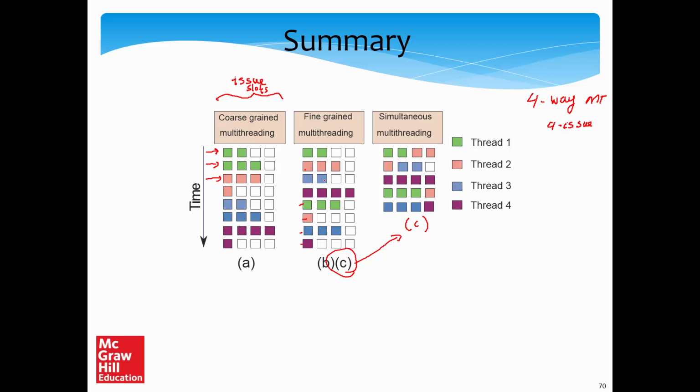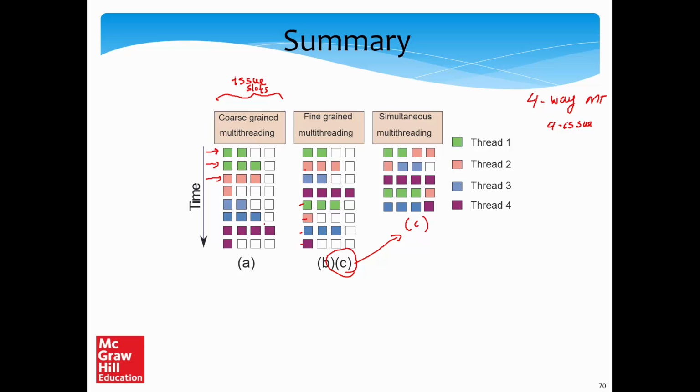Of course, I have not factored in the effect of short latency or long latency operations. Otherwise there would have been some difference. Consider thread 1: initially we have two instructions ready, so in cycle 1 both coarse-grained and fine-grained multithreading systems will execute the same number of instructions. But it's possible that here we find three instructions ready, because maybe one more instruction is ready since its predecessor is done. So fine grain has the potential to be better, even though I have not shown it in the diagram.